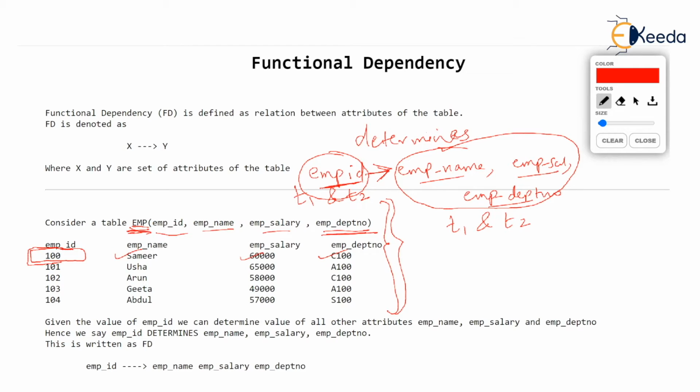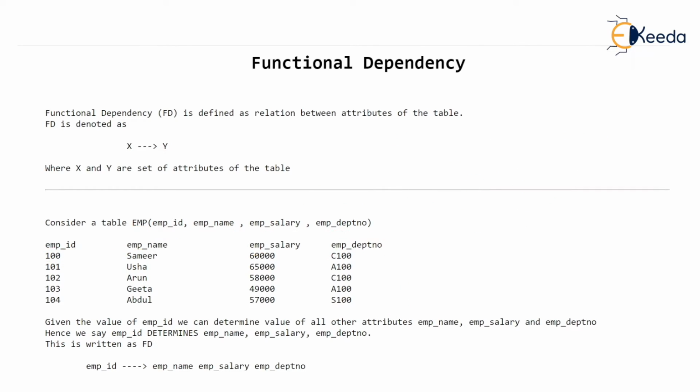Just imagine that you visit the office of your college and you introduce yourselves. How do you introduce? You don't say that I am Samir Velankar and I stay at Mulund. You just tell your roll number, isn't it? Once you tell the roll number, the office clerk can determine your name, your semester, or your address, or your phone number. So, roll number alone can determine all the attributes of the student. Similarly, in this table, EMP ID alone can determine all other attributes of this table,